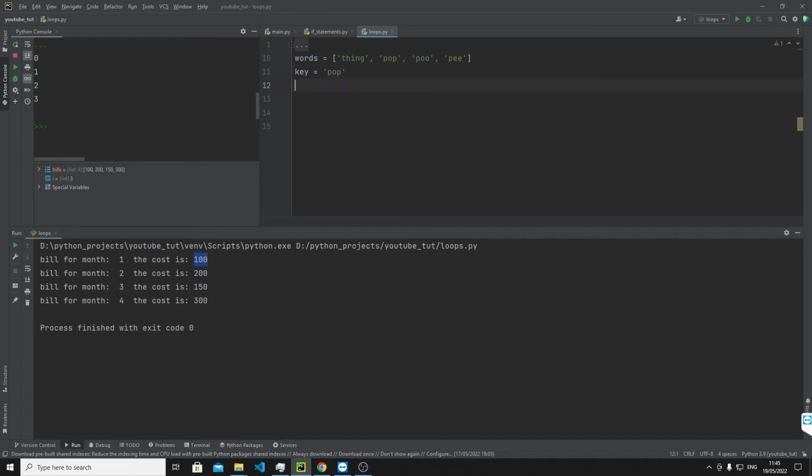So what we can say is something like for word in words, our variable, and we can say if our key here, so pop, is equal to our, well, if key is equal to word, then print found with,